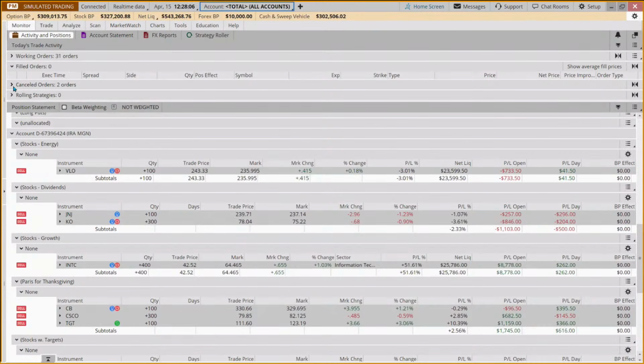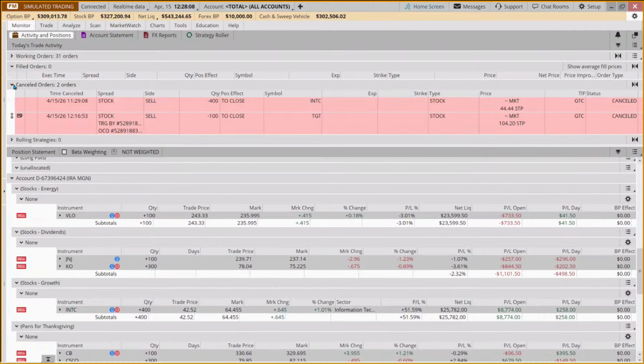Now, if you have an order that's been canceled, and you can see, I had canceled the INTC order just so that we could look at one. This one we canceled and replaced because we had the old stop at 104.20 and we moved the new stop to 113. And so you can see orders that have been canceled. You can see orders that have been filled. So in this account, we've had no orders filled today or hit targets.